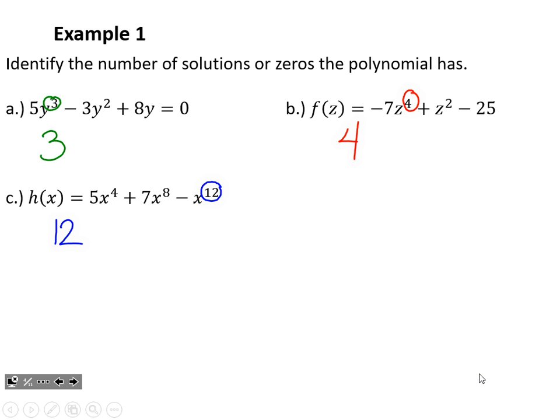And you might be thinking to yourself, I hope you're thinking to yourself, well, holy cow, Mr. Hartz, 12 solutions, that graph must be bending all over the place. How can it cross the x-axis 12 times when it's only got 3 terms? And that's a very interesting point that we'll talk about here in a little bit.